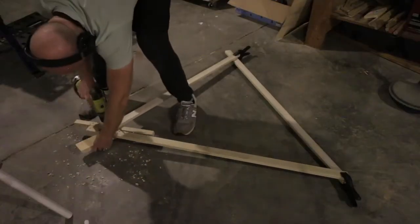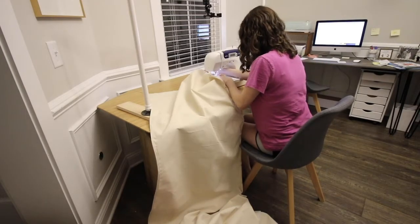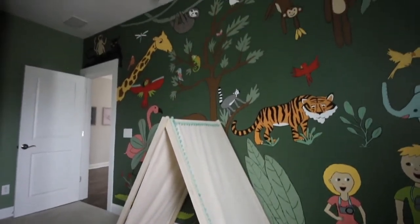We also built a wooden canvas reading tent, and we built a wooden base and sewed a canvas covering for that, and it is the perfect little place for him to hang out with his stuffed animals and read and